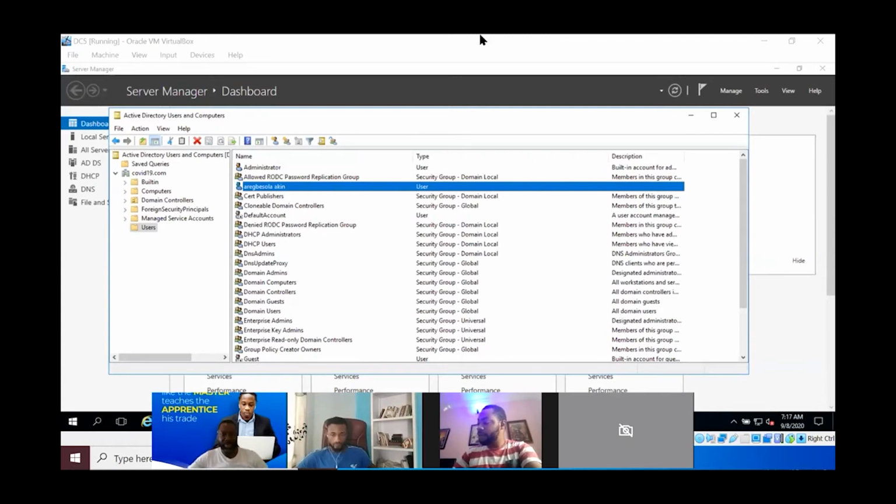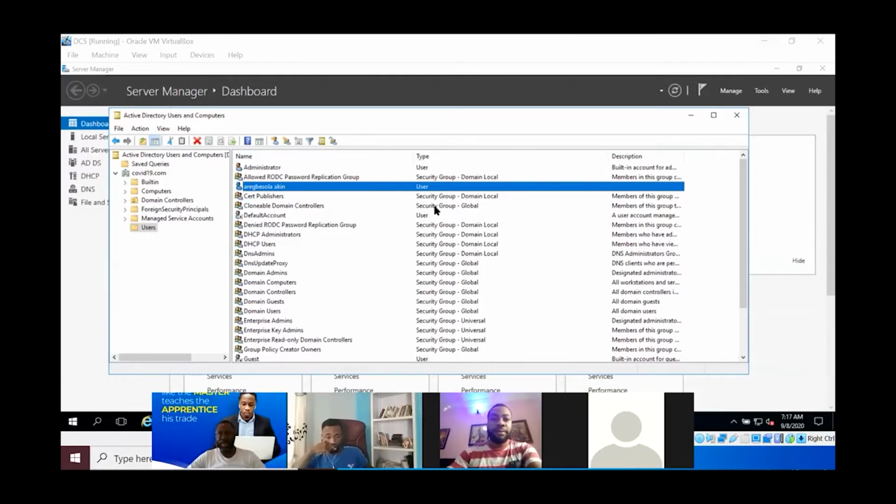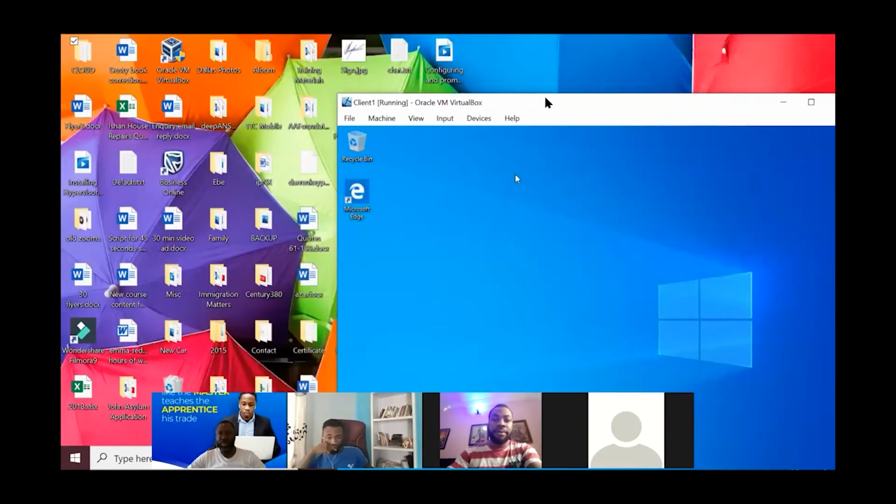To manage my account in detail, let me first go to my client machine from my office and log in as this new staff. So this is my server room, probably on the ground floor or on the 7th floor of the building. Meanwhile, the new staff is on floor 3. So he goes to floor 3,